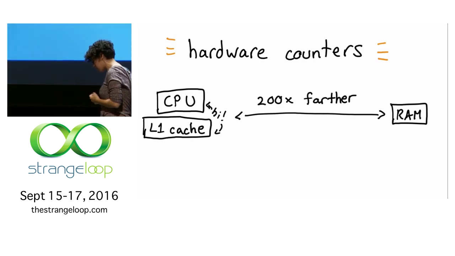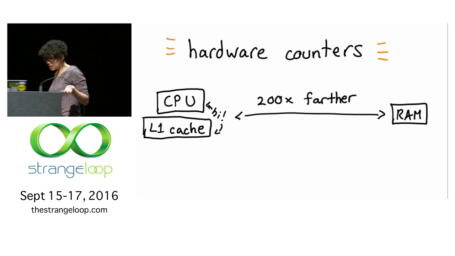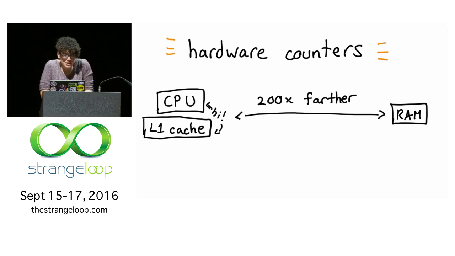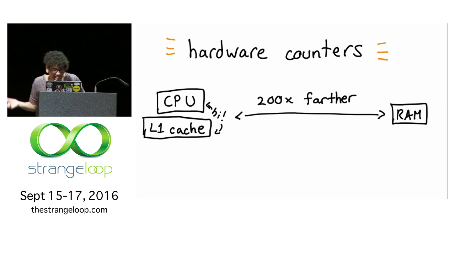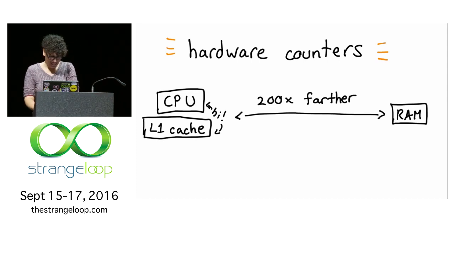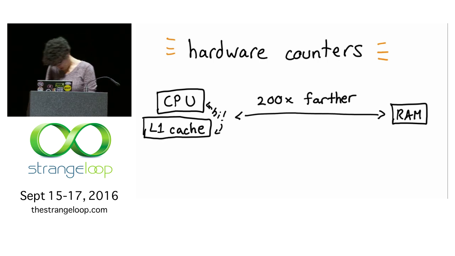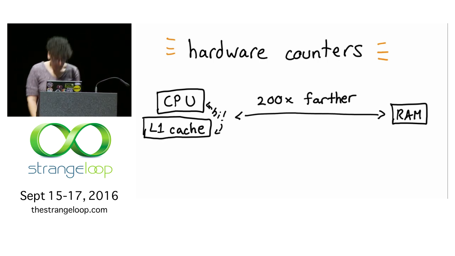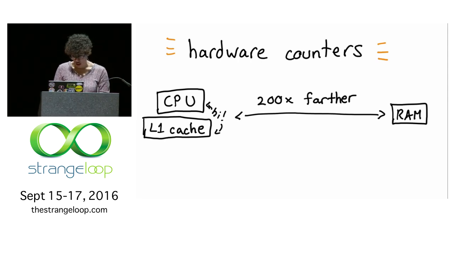And so 3 years ago, someone was telling me, they were like, Julia, it's important to use your caches efficiently, you know? And I was like, how do you know if you're using, like, this is this tiny thing inside my CPU, like, where even is it? I can't see it, right? Like, how am I supposed to know if I'm using my L1 cache? This is stupid. Like, this is not helpful. This is just like some weird abstract idea. So it turns out that it's not a weird abstract idea, and you can actually know exactly how many times your L1 cache is being used really, really easily using perf.